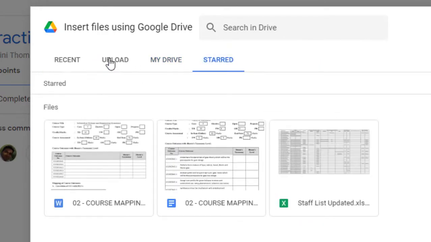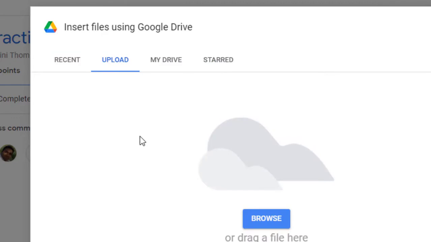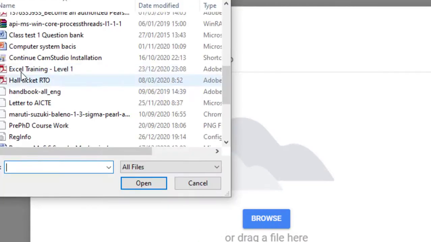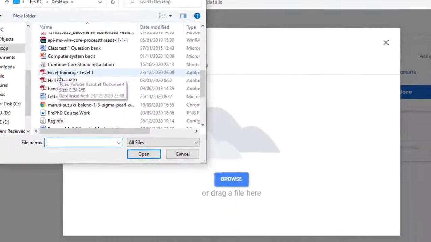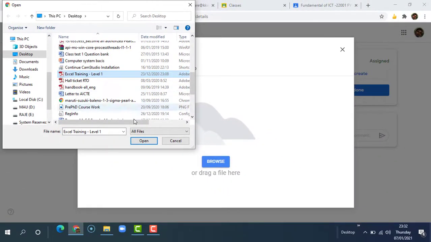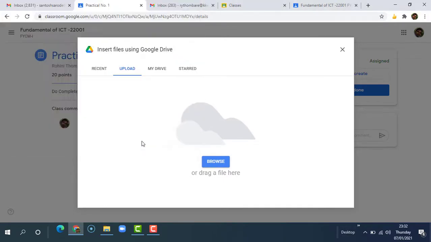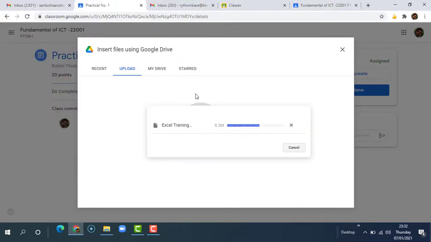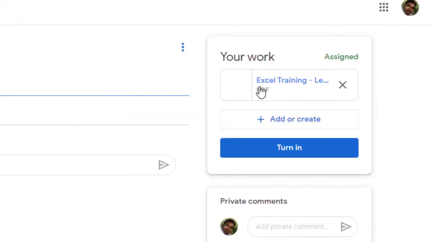I want to upload a file which is available on my computer or mobile. I will choose the upload option, then click on the browse button. I want to upload this Excel training file. So I will select that particular file and click on the open button. This file will be uploaded. Once complete, it is available over here.